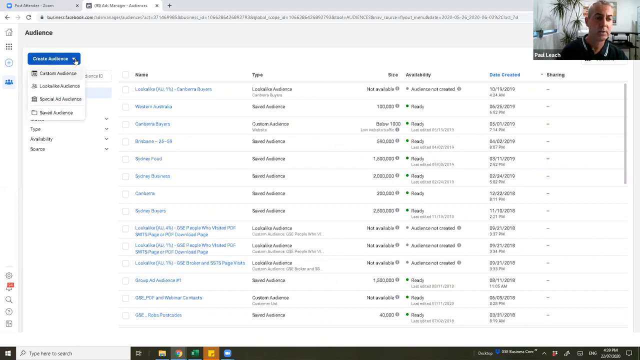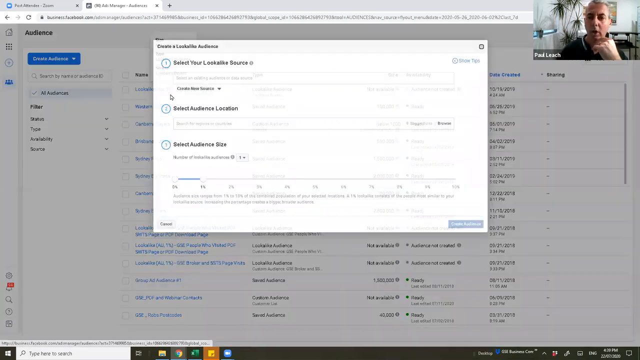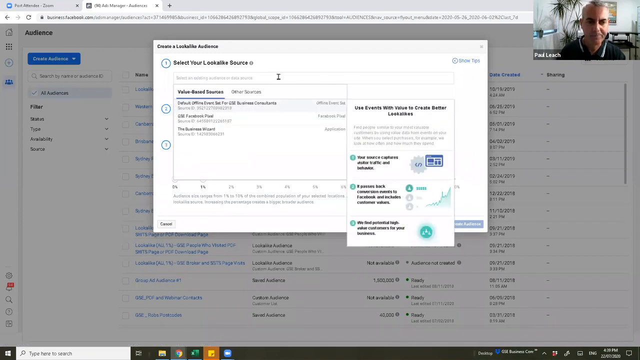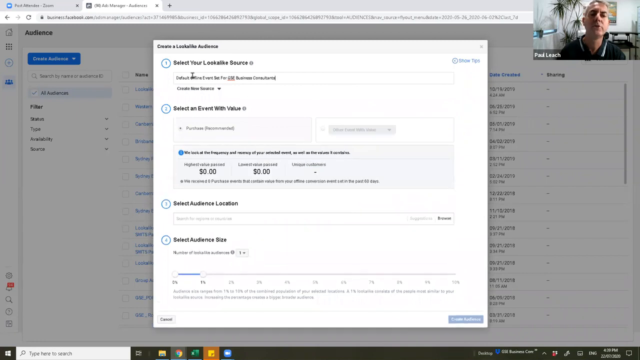And the other thing with lookalikes is once you've created an audience, you can create what they call a lookalike audience. So you'd select exactly where you want that audience to come from. It might be an existing audience or an action that they've taken. So we're just choosing the pixel that we're using, which is the Business GSE Business Consultants one there. And then you're going to select what they've done, how you want to target those people,